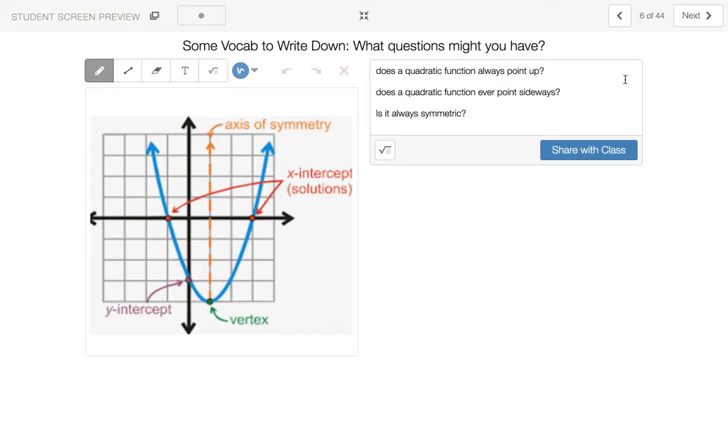Write down some questions you might have. Some things I thought you might want to know: does a quadratic function always point up? And the answer is no, it does not. It also can point down, and you're going to learn that